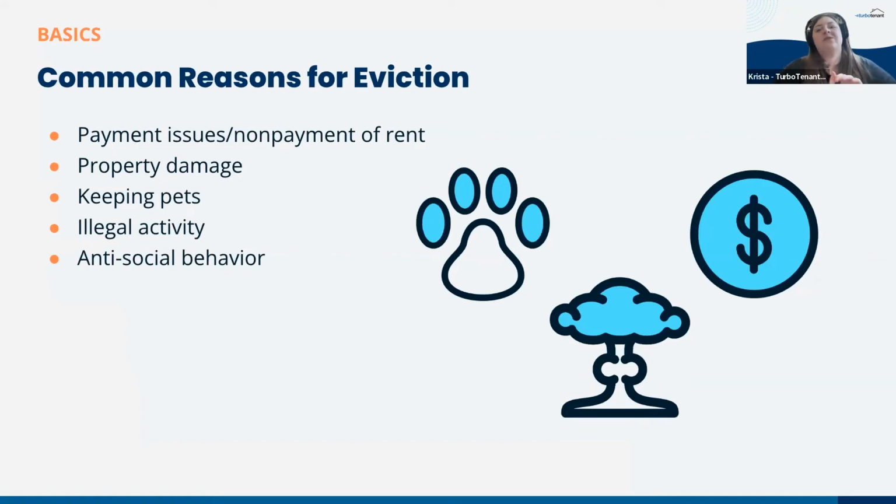Okay, so common reasons for eviction. As you can see here, you've got some standard ones, such as non-payment of rent. We've talked about that a little bit. Along with that, property damage. If your tenant takes a baseball bat to your window, that's a good reason to not let them live there anymore. If they are keeping pets when you told them there are no pets, another reason to evict, along with